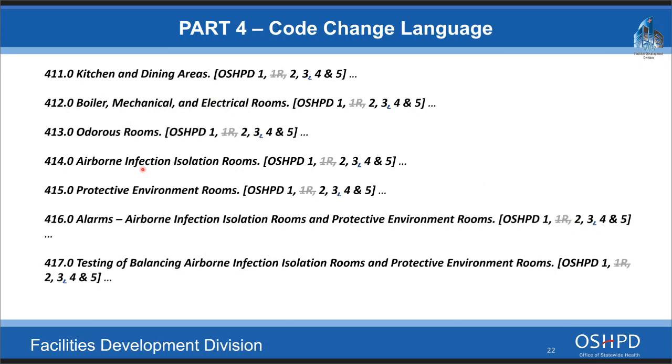Okay. Here we just have sections mainly where we're removing the 1R from the banner. I don't have much more to say about that, so we'll go to the next slide, Caesar.